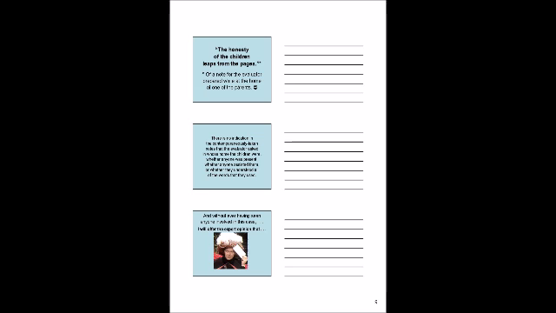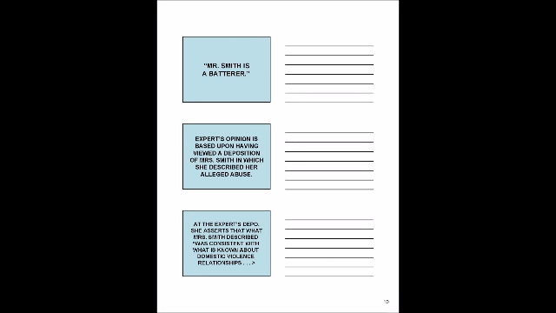What some of you have encountered, I know this because you tell me these stories, is evaluators who even opine about people they have never, ever laid eyes on. And one of my favorite examples is this one. This is from an actual case, and I think what's coming up is the deposition. This is a pretrial deposition in which the evaluator is, of course, indicating what it is she will be testifying to at trial. And the evaluator says she will be testifying that Mr. Smith is a batterer. Her opinion is based upon having viewed a deposition, video deposition, of Mrs. Smith in which she described her alleged abuse.